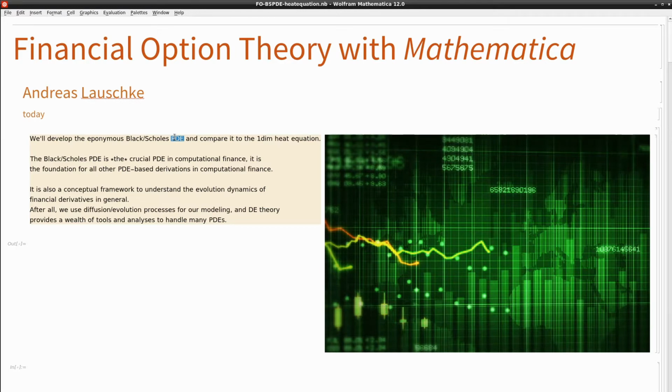The BSPDE is the crucial PDE in computational finance. It is the most prevalently used, and it's the foundation for all the other PDE-based derivations that we have. The Black-Scholes PDE applies to many financial derivatives, not just options. We will be focusing on options in this track, but it applies to many other financial derivatives as well, futures,